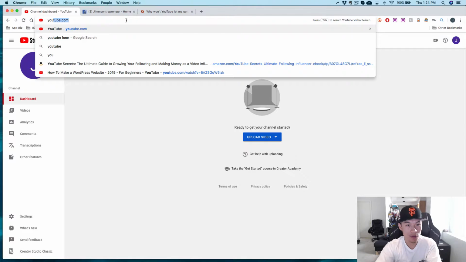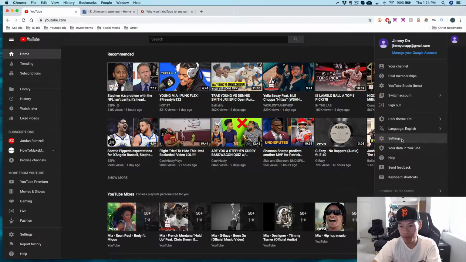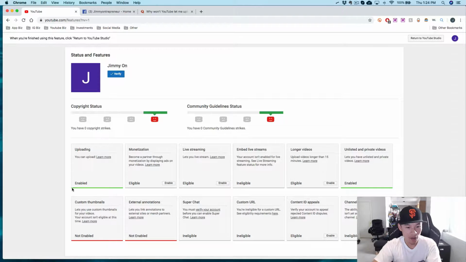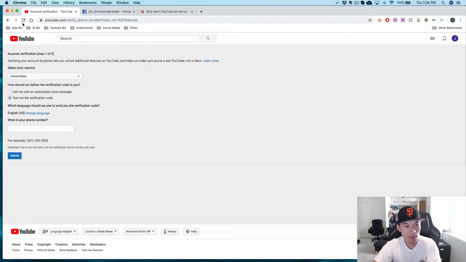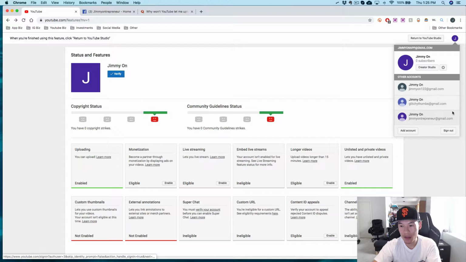So first you want to go to youtube.com and then click the profile picture and then click settings and then click view additional features. And you can see right here custom thumbnails is not enabled, and then what you need to do is click verify, and then you can have them call you or send text, and once you do that, that's how your account gets verified. And I can show you how that looks like